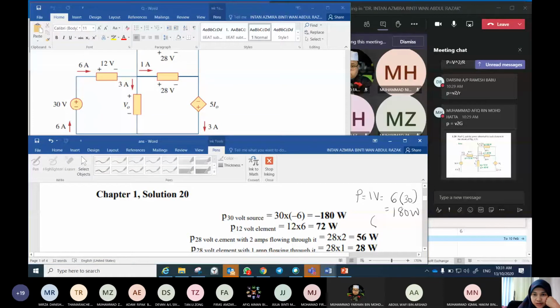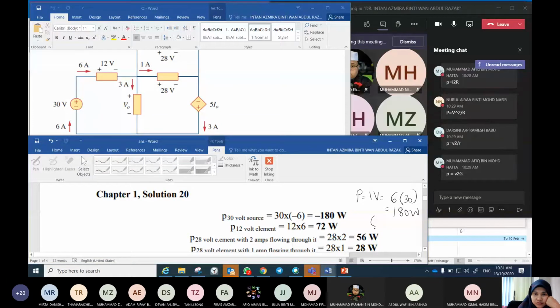Okay, please bear in your mind, voltage supply, current supply, it supplies power. So you put in the bracket supplying. Okay, so this answer is acceptable. You may write like this. You put negative for current, because current entering the negative terminal, and then your answer is directly minus 180